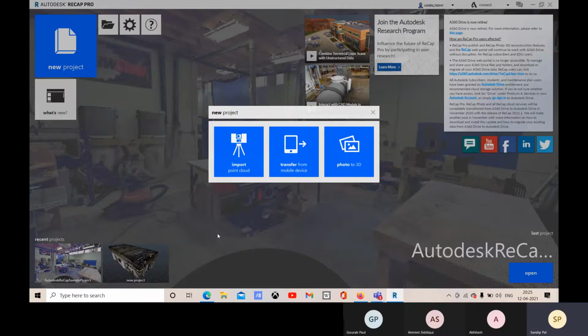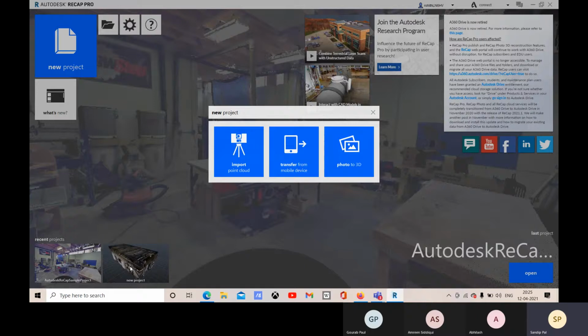To complete a whole building, you cannot place the scanner in just one location. You have to place it in different positions, and after that the data are combined and you get a point cloud. So this is the whole process of creating a point cloud.